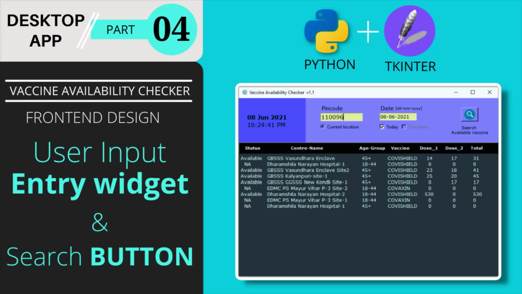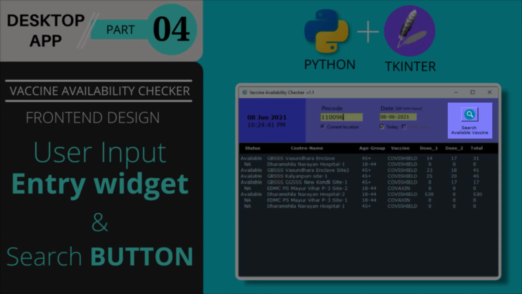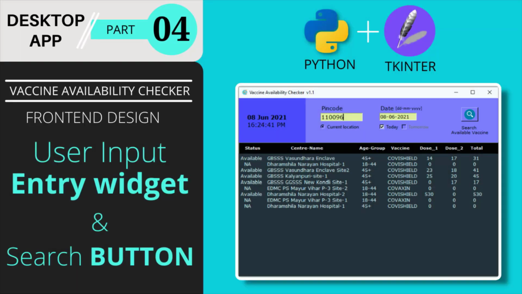The entry widget provides a sort of interface through which the user can feed some input, and based on this input, the search parameter will provide a response, and you can always come back and change this value and make a new search. Apart from creating an entry widget, you will also learn to create a button and locate it at a convenient location in the app. This button will be later configured to perform the search operation upon click.